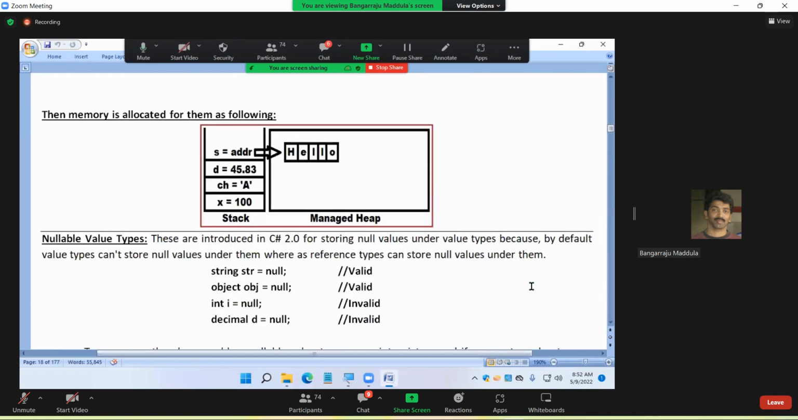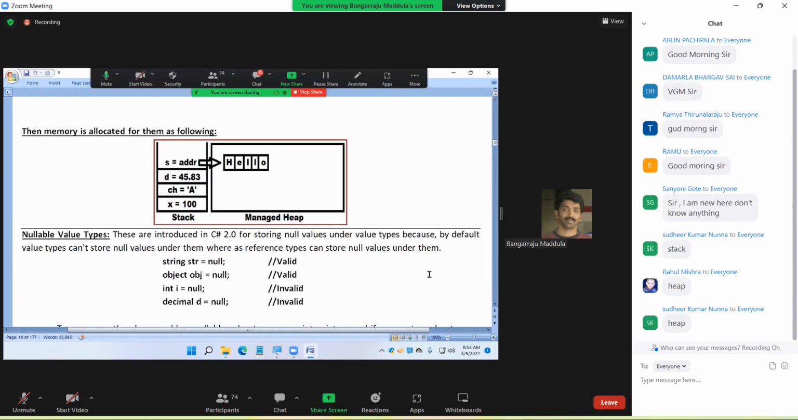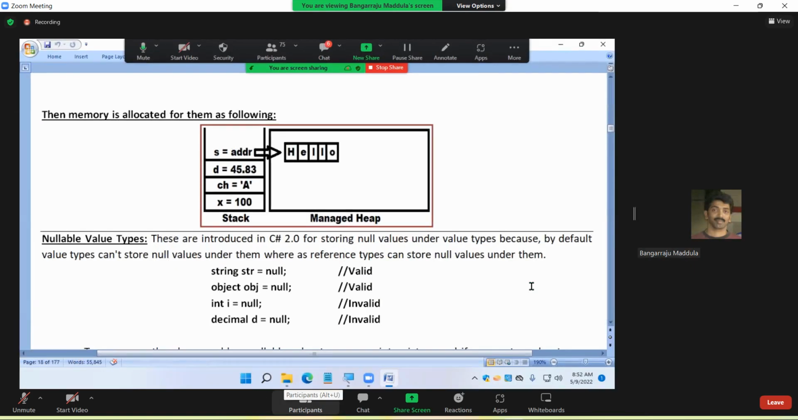This is what I showed you in the previous class, remember? So the stack will store all the value types, and the addresses of the reference types are also stored there. Now, comparing these two,